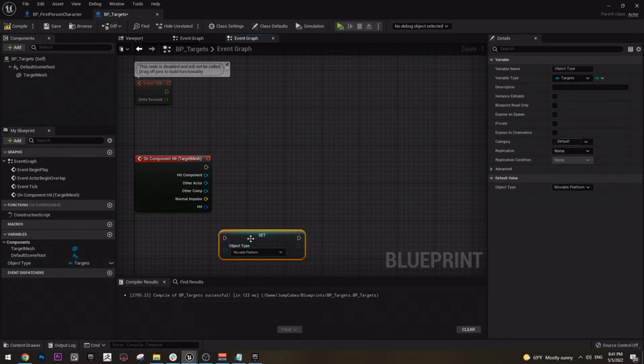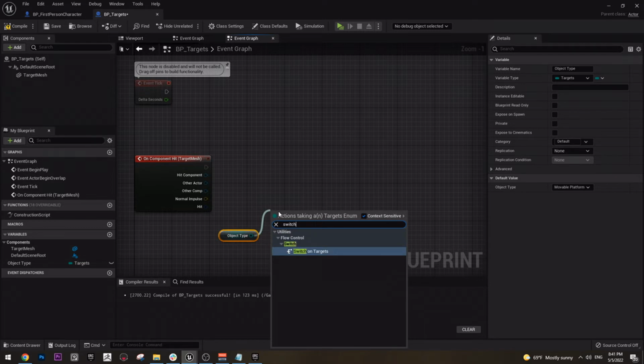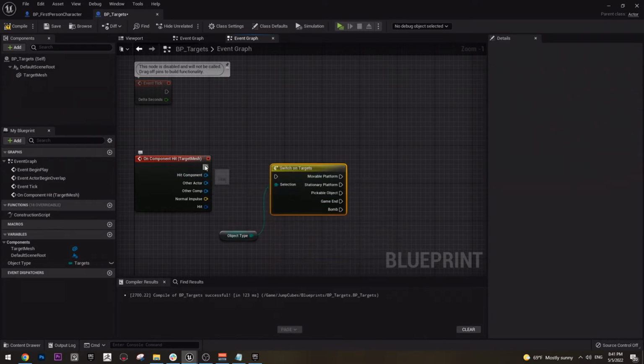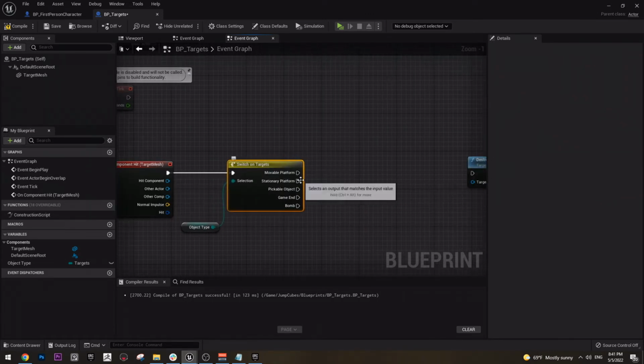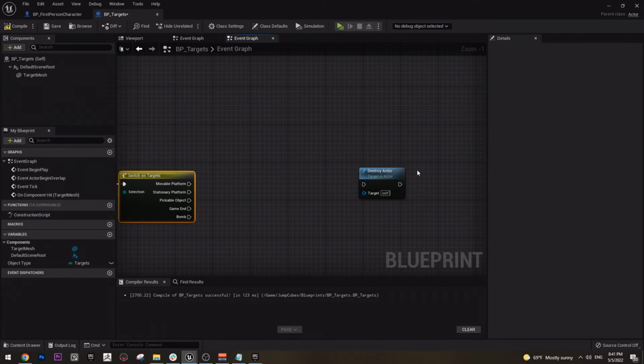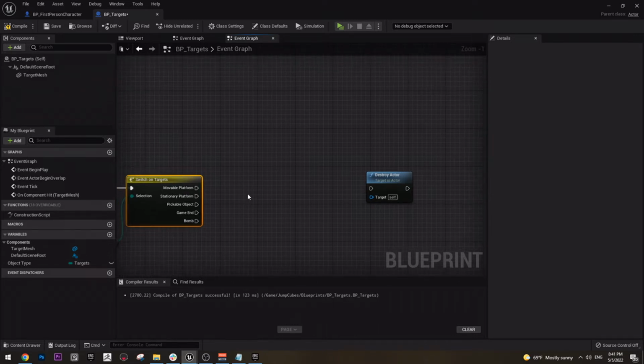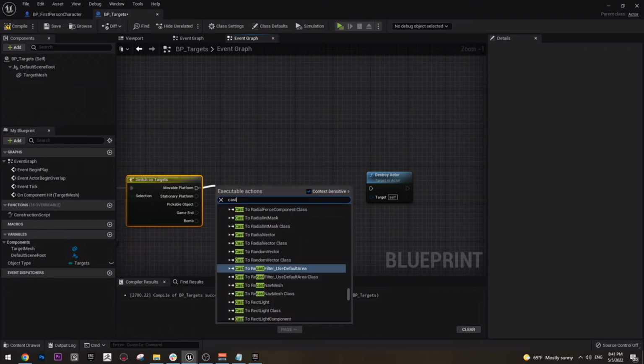So let's get object type and switch on targets, and here we only want the hit event for movable and stationary platforms, because these are the two things that we gain points from if we destroy them, if we hit them. We are not going to gain points if we hit any other things, and also we are going to cast to